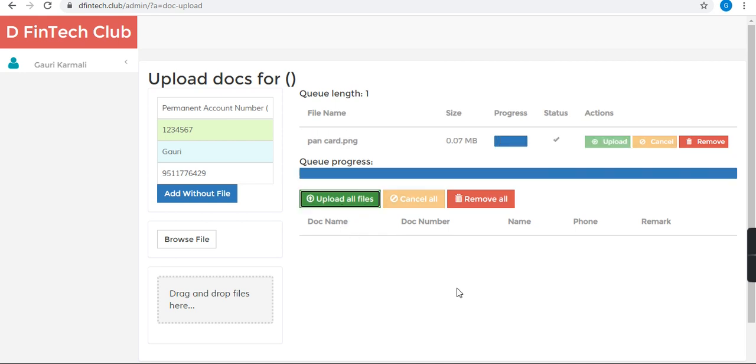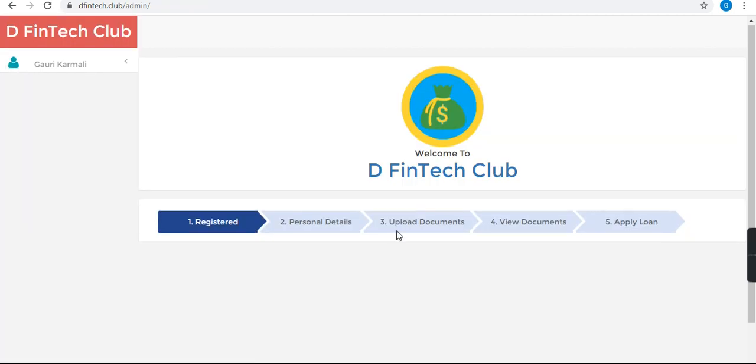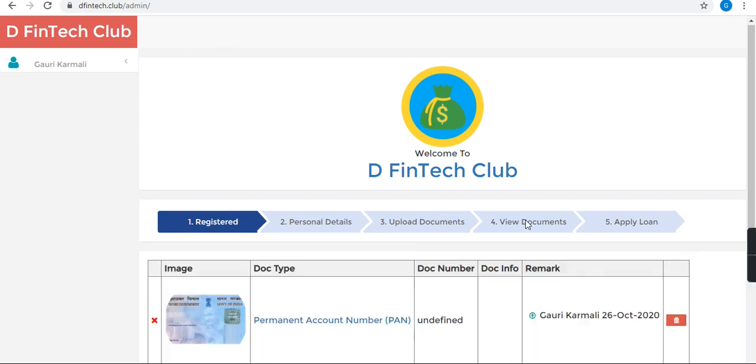Now as I said, you can also ask the customer to fill in information and add it without the file also. Whatever documents you want to make mandatory, you can make it mandatory. Now if you go and see the customer, he will be able to see that the PAN card has been uploaded.